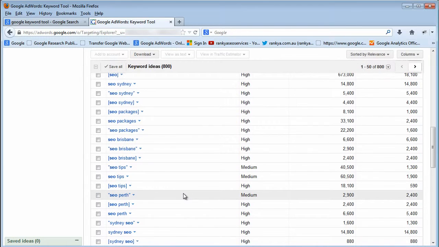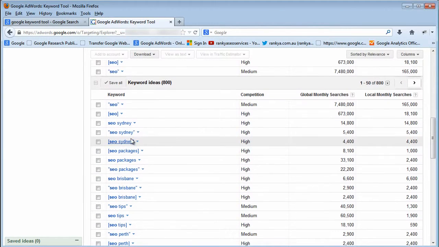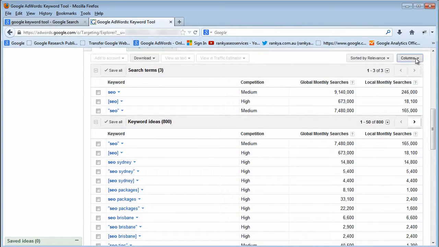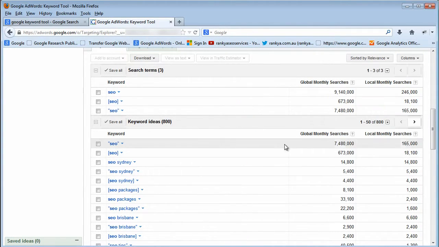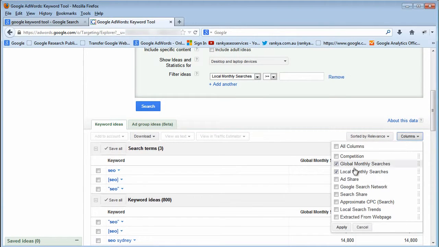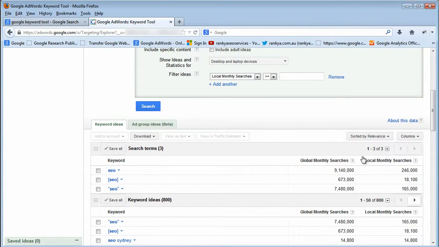You may be interested in, let's say, SEO in Sydney, right? And if you look at that, you say, you know what, it's got too much competition, it's high competition. If that's the case, I'm not going to target this. We don't want to do that, right? Because if you do everything right, then you don't have to worry about this here. So let's just take that away, and let's just look at these two, because just yesterday I read a recent